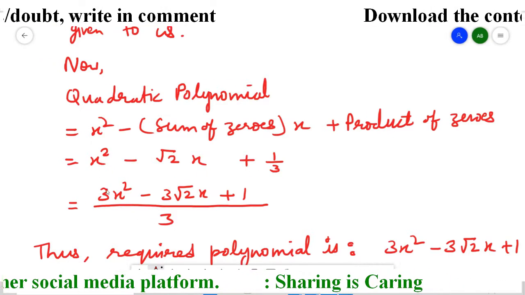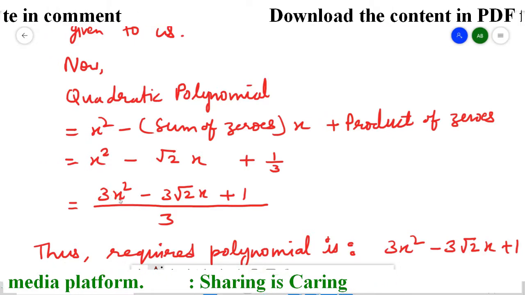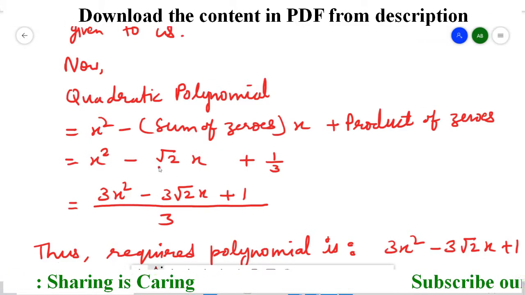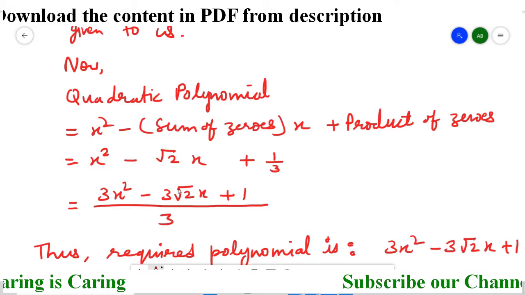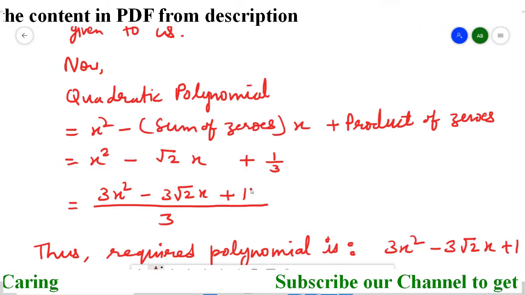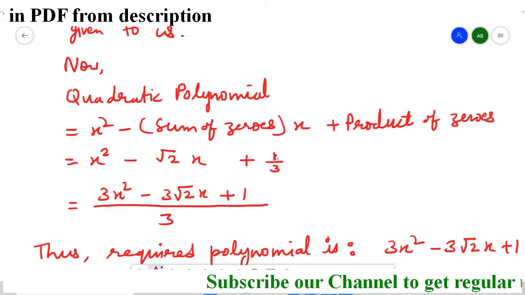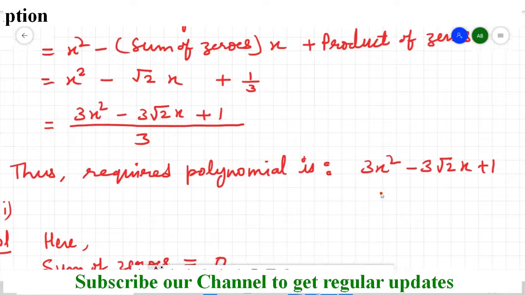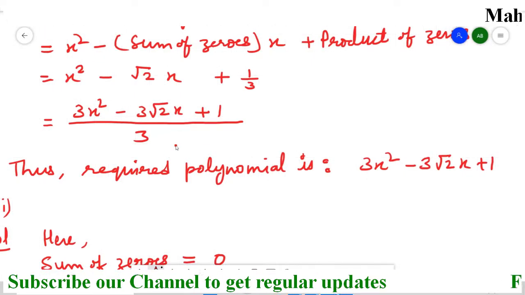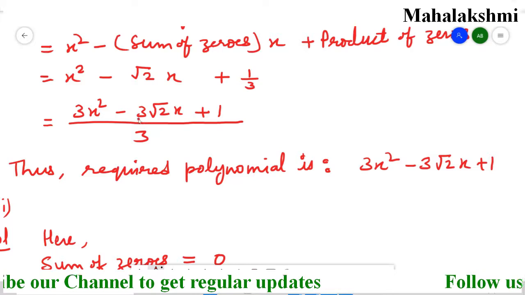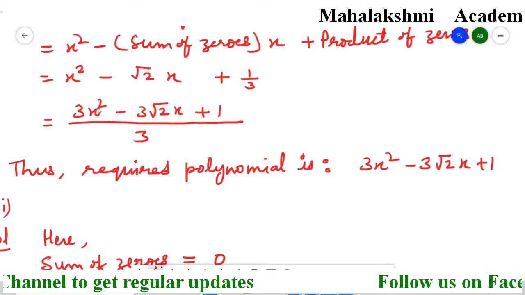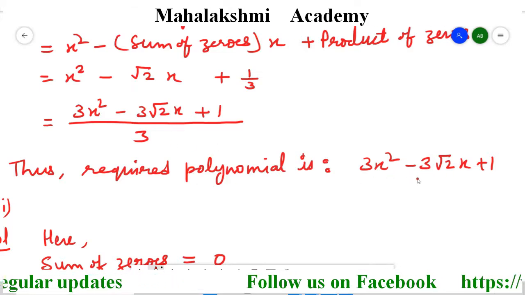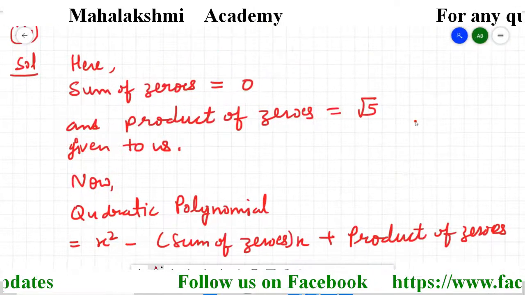Now 3 divided by 1 is 3 and 3 multiplied by x square is 3x square. Similarly here, there is nothing means 1 is there. So 3 divided by 1 is 3, then 3 root 2 is 3 root 2. x as it is, and this 3 divided by 3 is 1 and 1 multiplied by 1 is 1. So I hope LCM is very clear to you all, because from 6th to 7th class onwards we are doing this. Now after taking the LCM, only the numerator we have to select for the quadratic polynomial, avoid the denominator. So that's our answer. Now next, the third part.